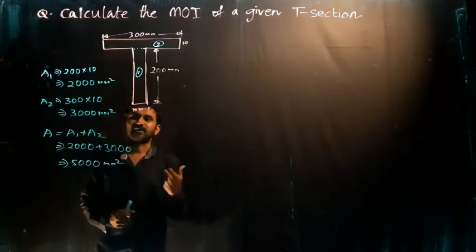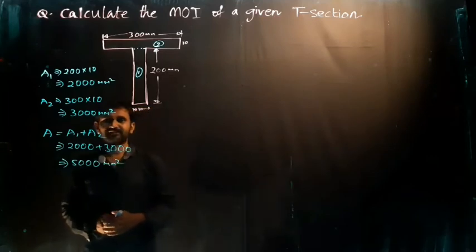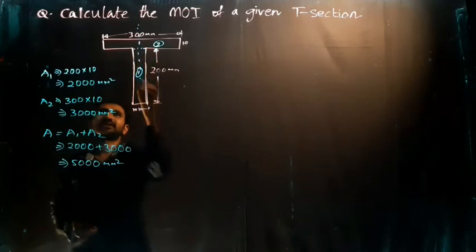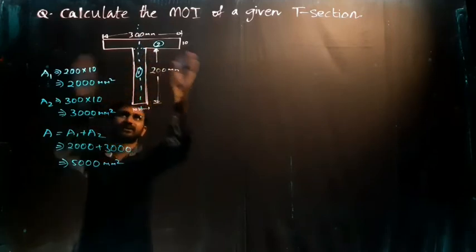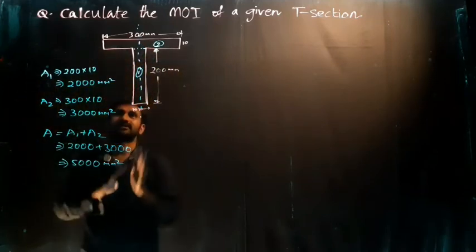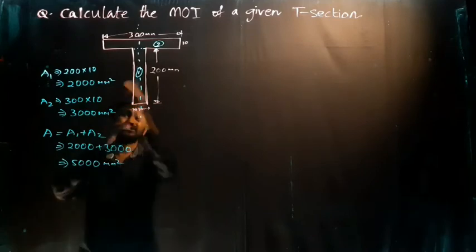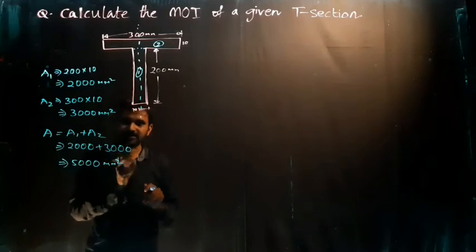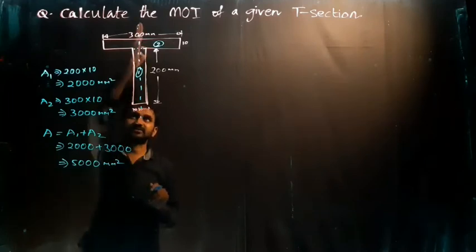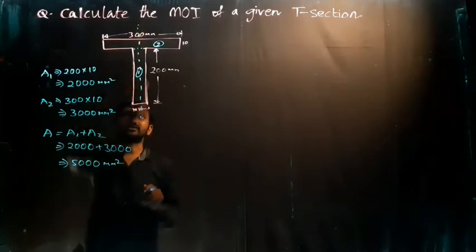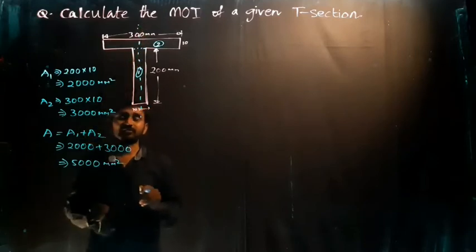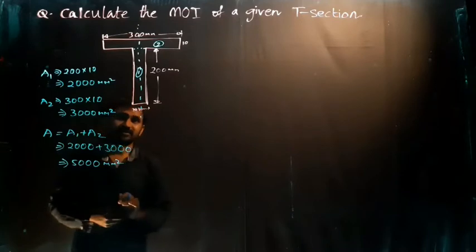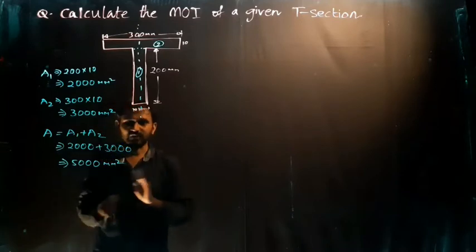What is x bar? We have seen x bar previously for the T section. When I divide this section vertically into these parts, it is dividing into two equal halves, but horizontally it is not dividing. If you want x bar, you have to cut the section in the y direction. If you want y bar, you have to cut it in the x direction, like this. Vice versa, you have to do.